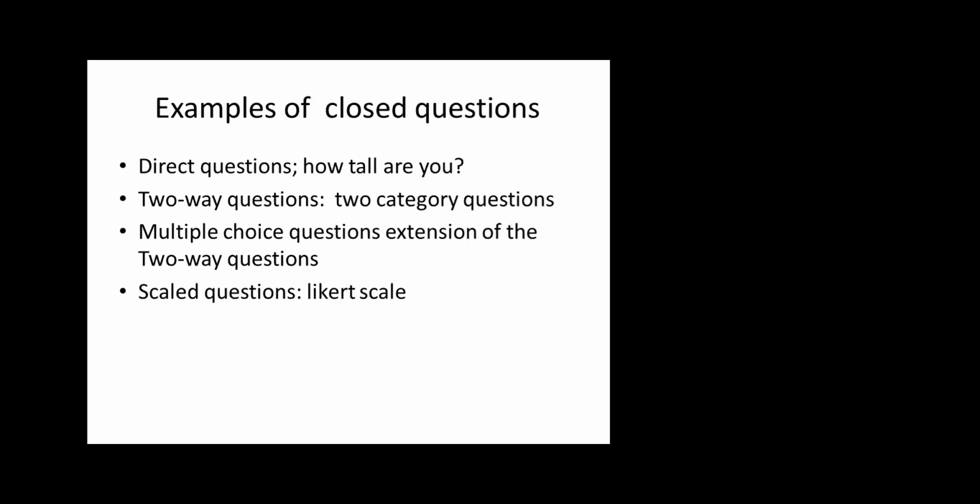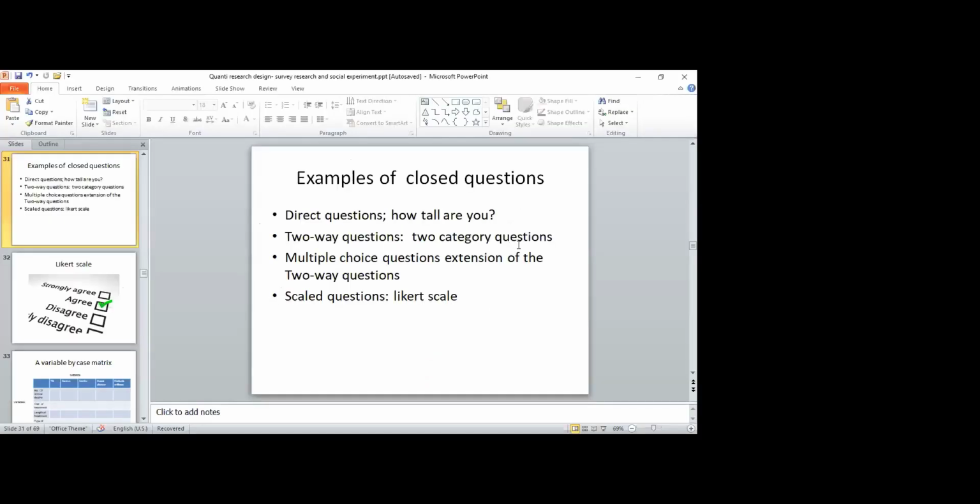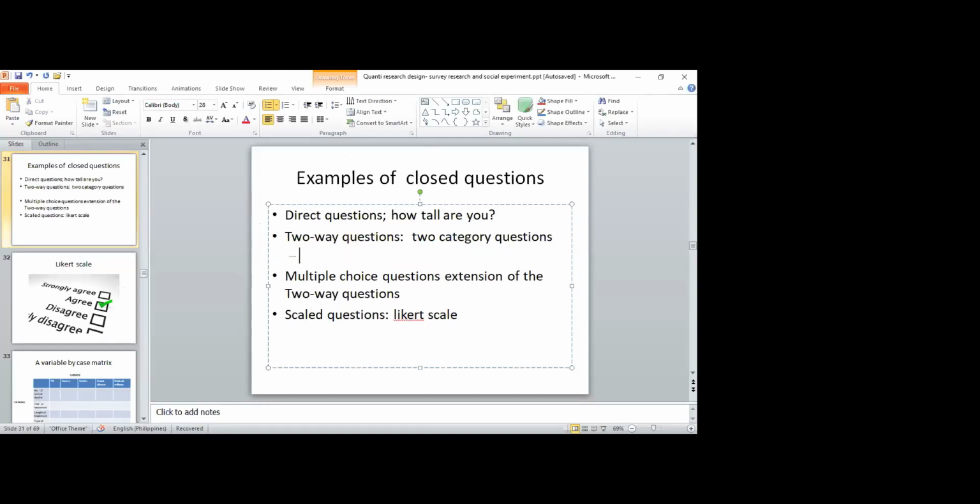Another direct question is, how did you get that machine? That is a question too. Is it rented or do they own it? That's also a direct question. Okay, do you understand? All right, now let's have multiple choice questions. This is an extension of a two-way question. So what is an example here? As we said,